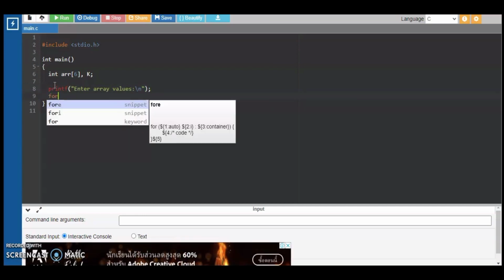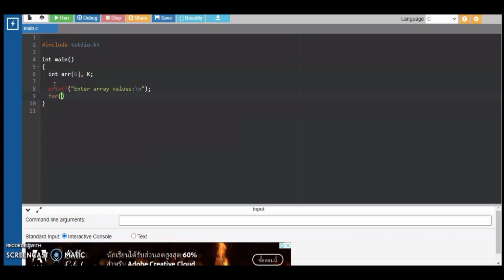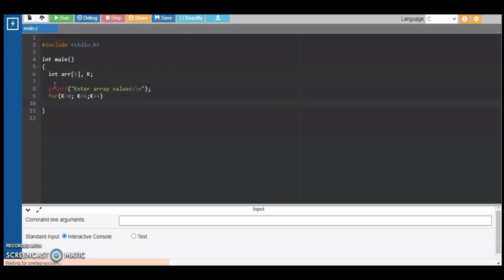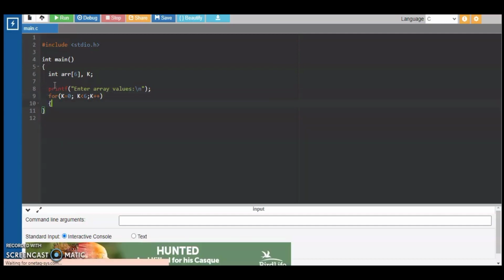Then for loop where k is equal to 0 and k less than 6 and k plus plus. So open curly braces and